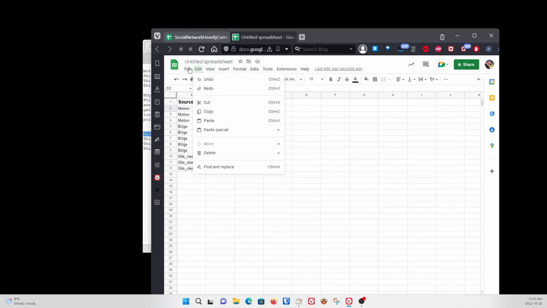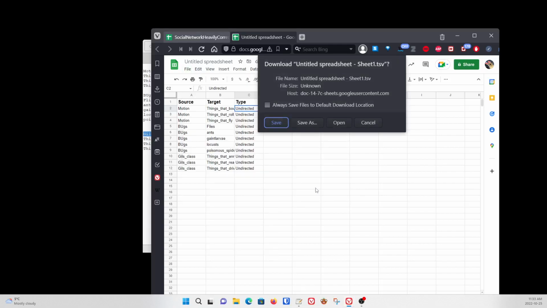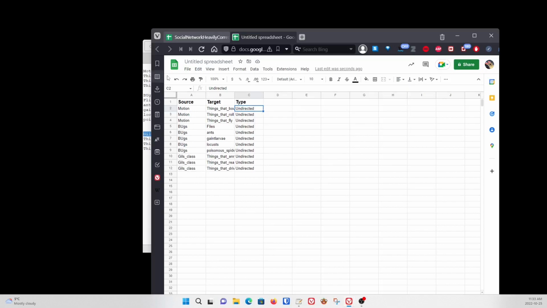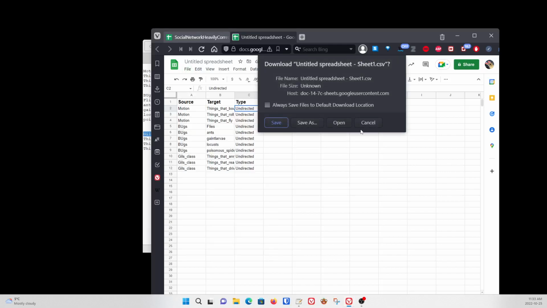So as a comma separated value. Where's download? Ah, there we are. Download this as a comma separated value something or other. Did we get that right? Comma? Yeah. No, we did not. Let's cancel that. We need comma separated values. Download as comma separated. What the hell? Okay, so save as